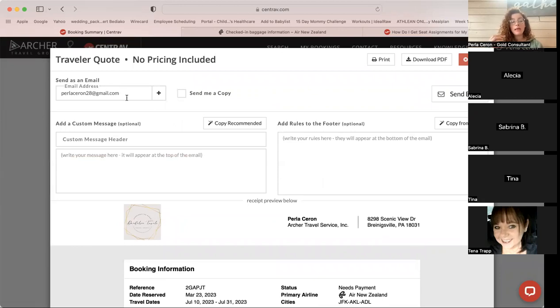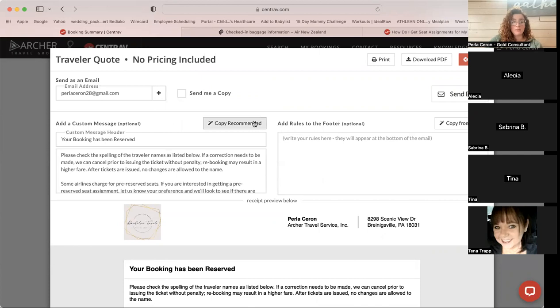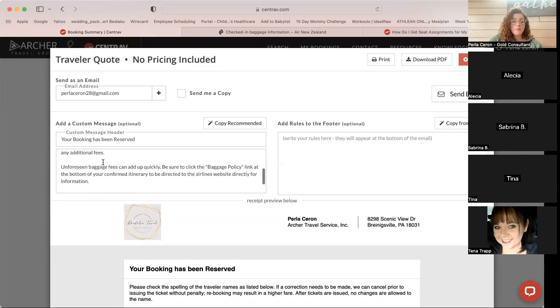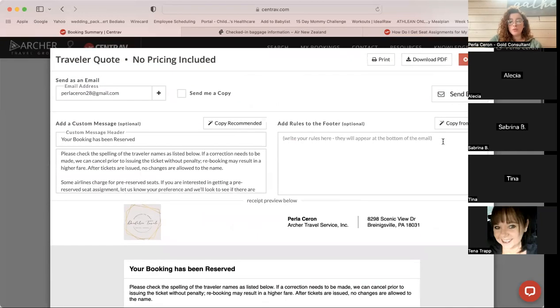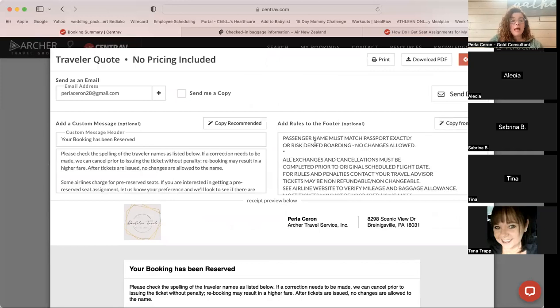So it's going to come directly from you. So when it says add a custom message, which is optional, you don't have to, you can literally copy recommended. Copy recommended from Centrav, and it's literally going to give you a nice little blurb here, a few paragraphs, and this is what it looks like. Your booking has been reserved. Please check the spelling. All that information, right? Now the rules. You can copy from the rules,